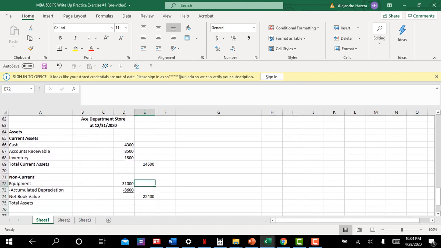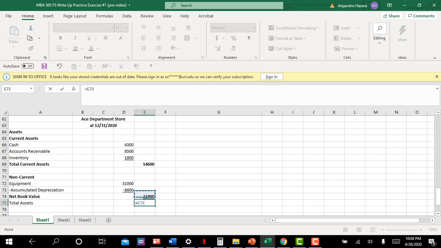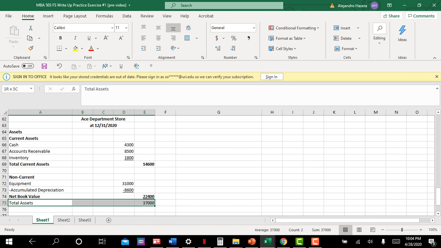Okay, so your current assets are 14,600. I'm going to go ahead and bold those. Okay, and your total assets are going to be, I'm going to make this net book value bold too. In a sense, that's your total non-current assets. Okay, and we'll underline this because it's a subtotal. So your total assets are 14,600 plus 22,400, 37,000. So your total assets are 37,000, and that's what, in the end, my total liabilities and shareholders' equity should be